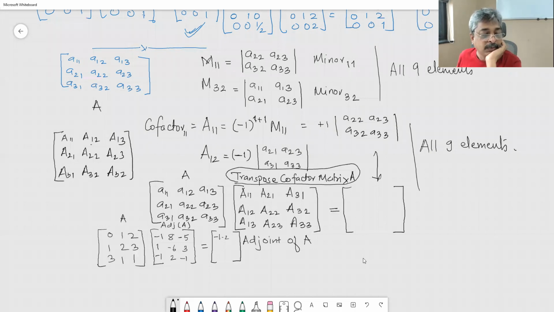A11, minus 1 is correct. For A12, the adjoint should be minus 8 times minus 1, which is correct, plus 8. For 2, the adjoint 1 minus 6 is minus 5, correct. Why is the multiplication going wrong? 0, 1, minus 2, minus 1, 8 into 0, 0, minus 6, plus 4, minus 2 comes here. Tell me, what is the mistake?